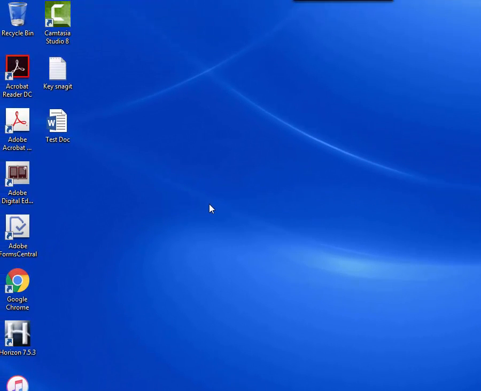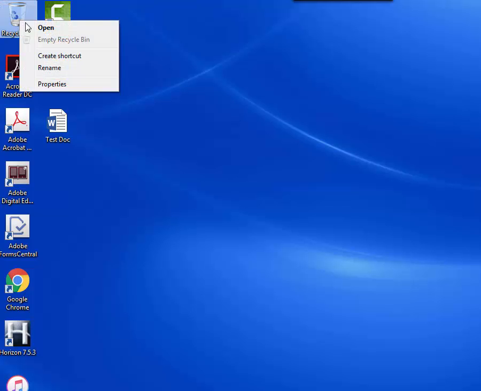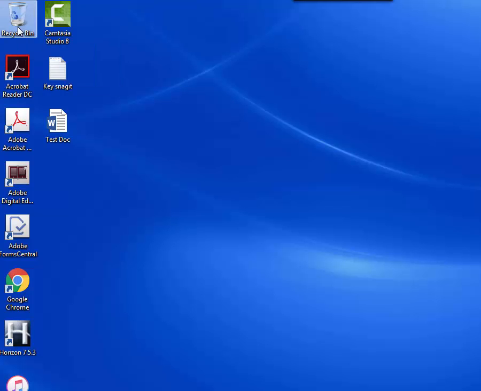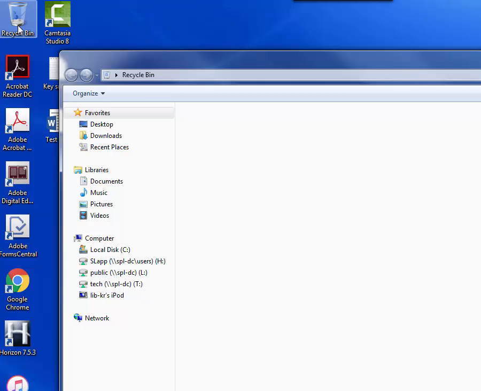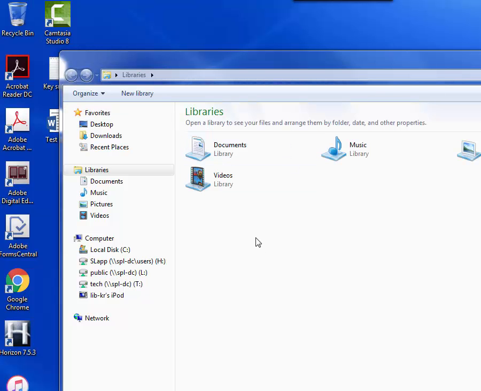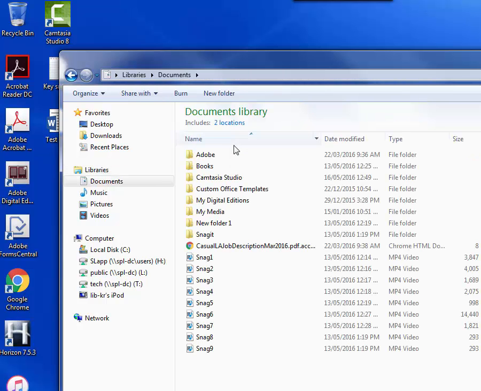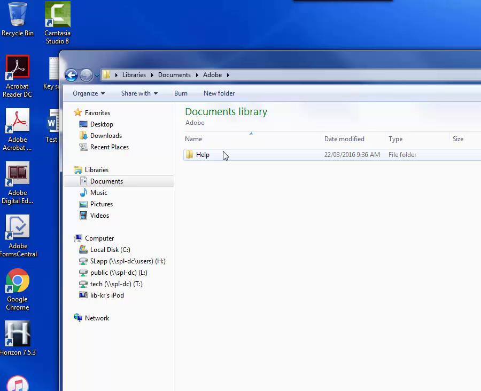Things like desktop icons or files and folders in your drives require a double click so that it will open or run the item that you click. To open the recycling bin without doing the right click open option, you would double click with the left mouse button and it will open the same way. If you are in your libraries and looking at different documents, you would double click and double click to open